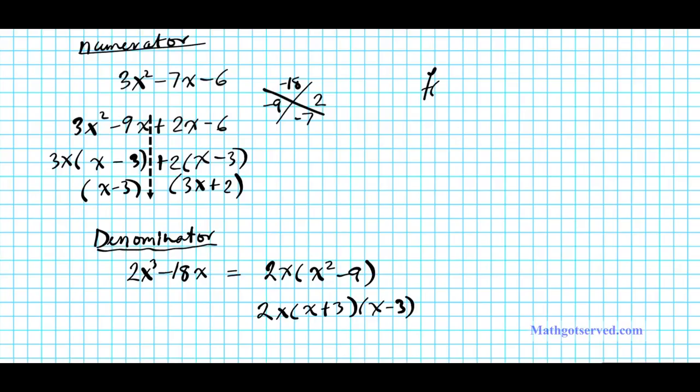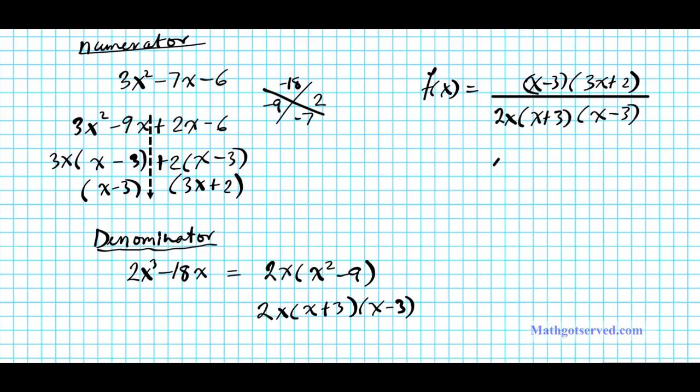All right, so the original function in its factored form is x minus 3 times 3x plus 2 divided by the factored form of the denominator, which is 2x times x plus 3 times x minus 3. Okay? Now, any factor that we can cancel out, those are the removable discontinuities. Okay? So notice we can cancel out x minus 3. So our removable discontinuities